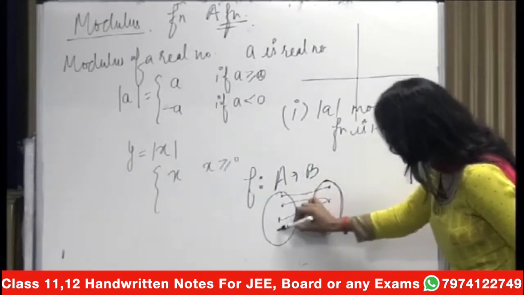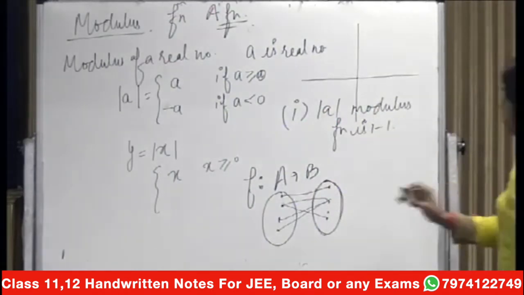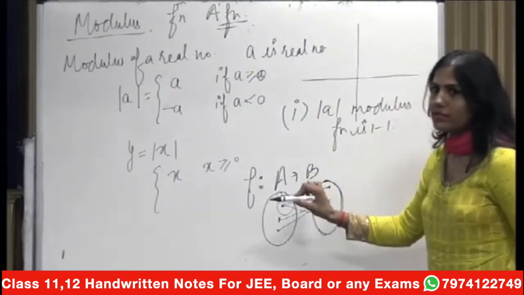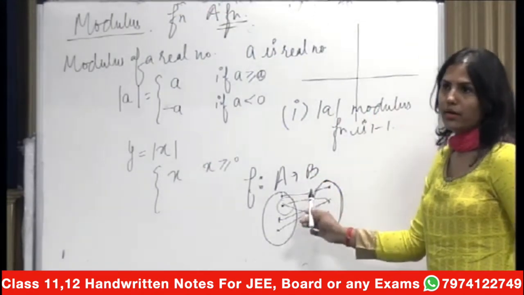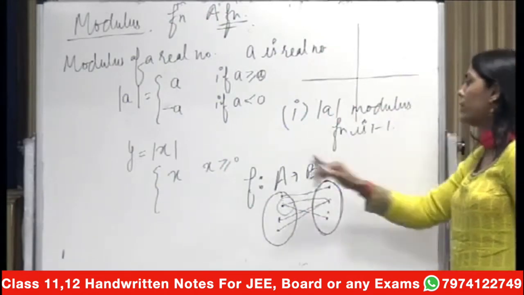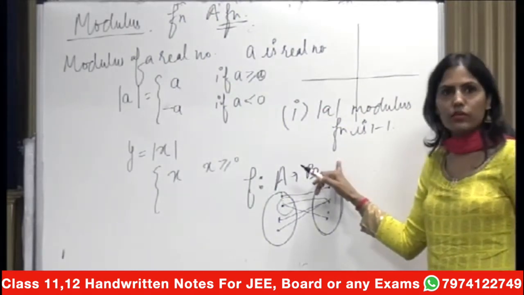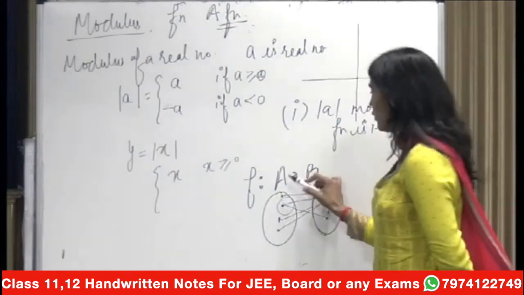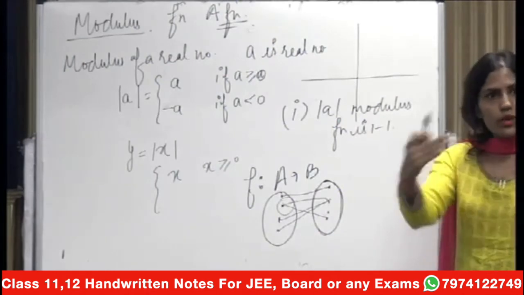If I match up the elements like this, is this a function? No, this is not a function because, you know the definition. Otherwise you cannot answer. How did you figure out that I have done something wrong? Because you know the definition. Yes, every element of this set has a unique image in B. This is the definition. So why did you say no then? You shouldn't misguide your teacher. Every element of A has a unique image in B.